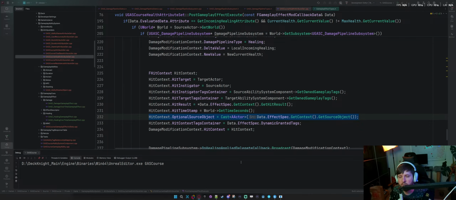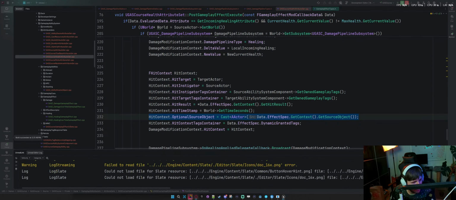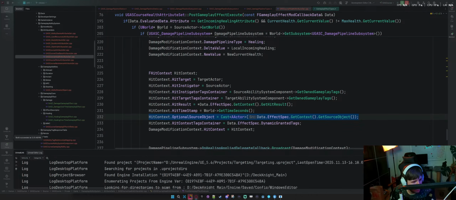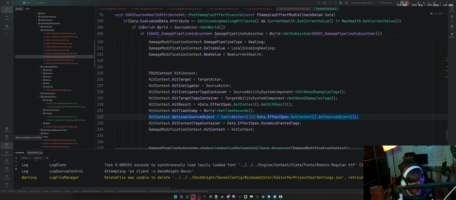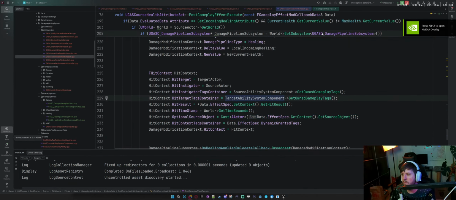Okay, that did fix it. I wonder if there's a better way of doing that. Oh, this seems to be valid.